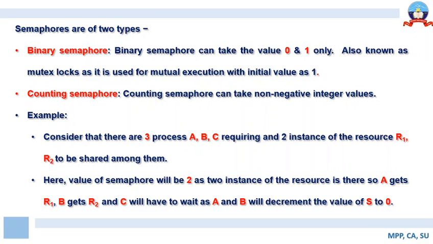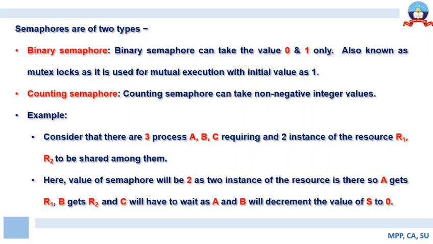So we are initializing the semaphore value to 2 because there are 2 instances of resources. Once A is allocated an instance, the semaphore value is decremented by 1. Further, when B is allocated an instance, the semaphore value is decremented by 1 again. So now the value of the semaphore becomes 0, which tells C that C has to wait because the resource has